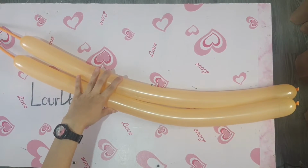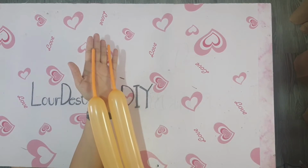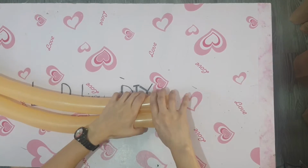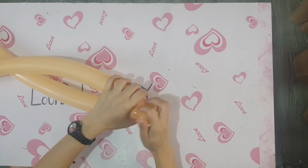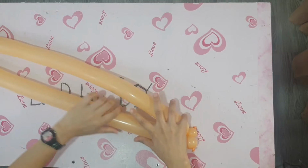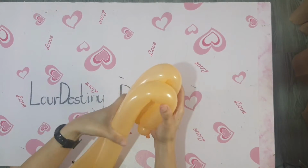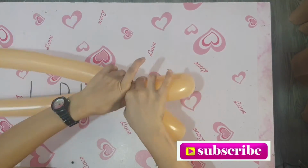We need 2 pieces of inflated balloon, the same size. You have to leave this part without air, and then you have to twist it like this, and then squeeze to let some air go to the end of the balloon, and then you have to turn it over, twist it again,